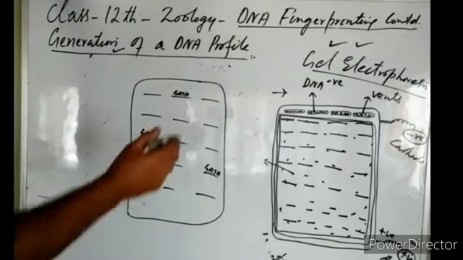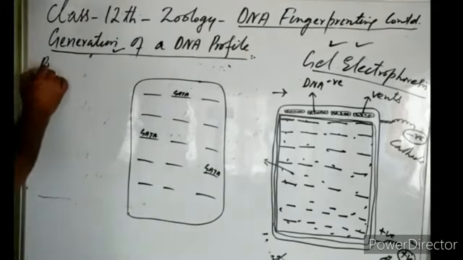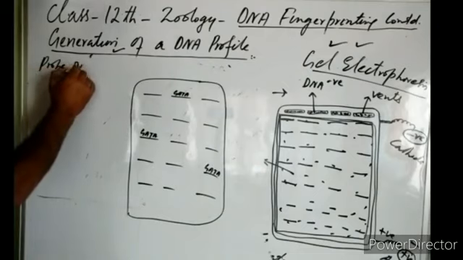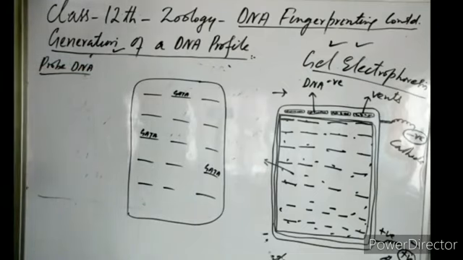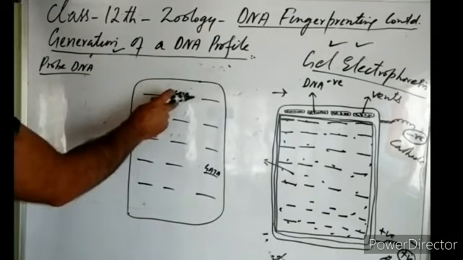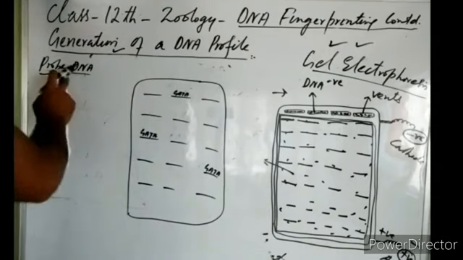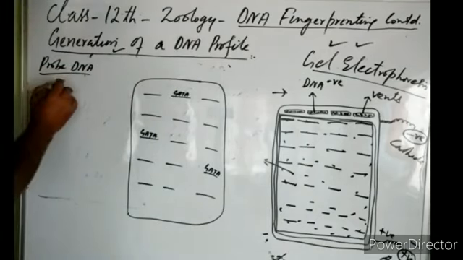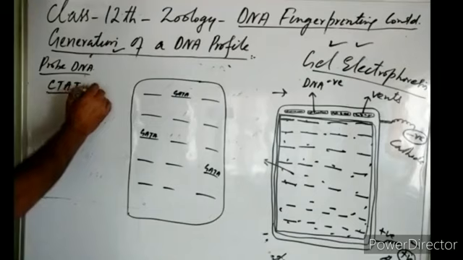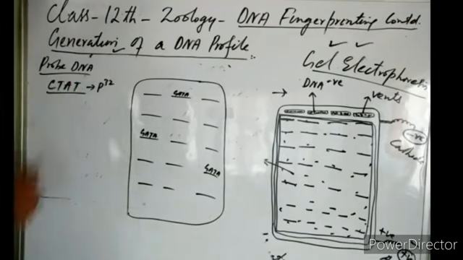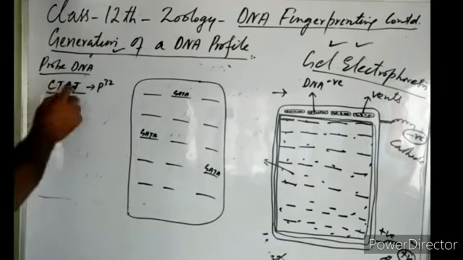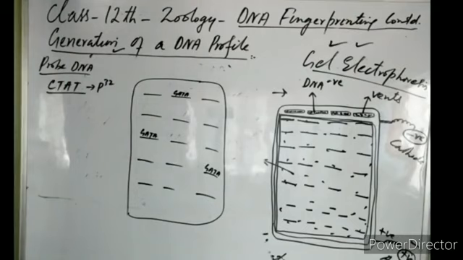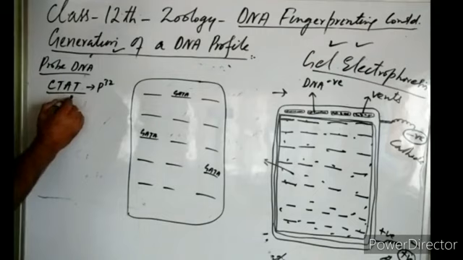So these scientists make complementary DNA, or probe DNA. They have synthesized probe DNA in the laboratory. This probe DNA has the complementary sequence of GATA, the opposite sequence of GATA. So it has C, T, A, T sequence. And it has phosphorus 32 radioactive isotope. When these four bases, these four nucleotides, are combined, it forms a small DNA fragment.